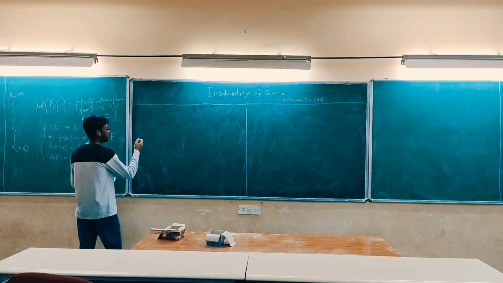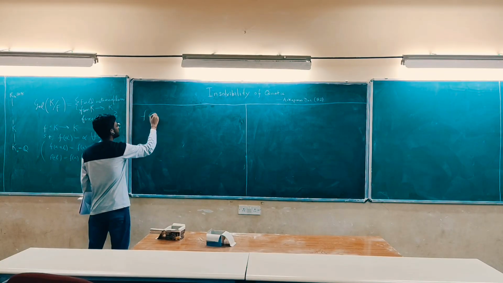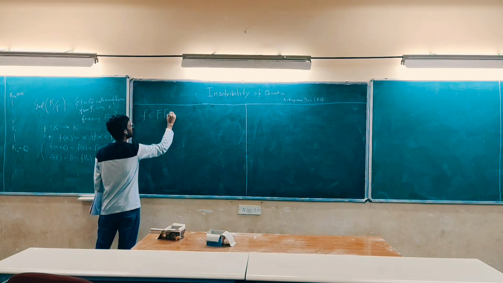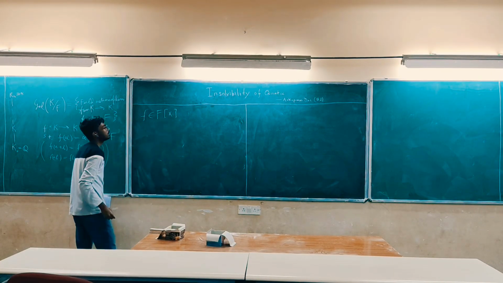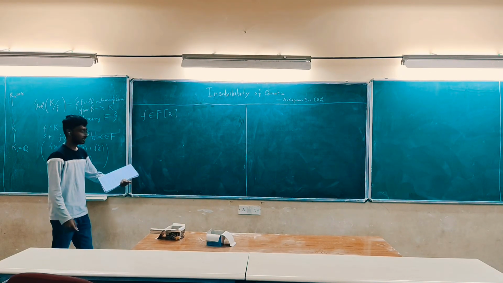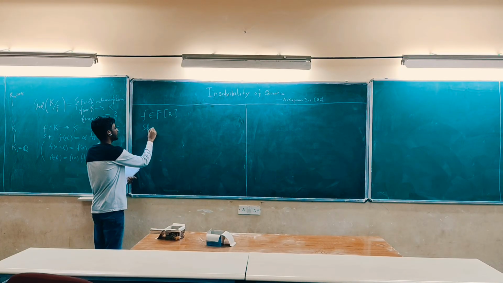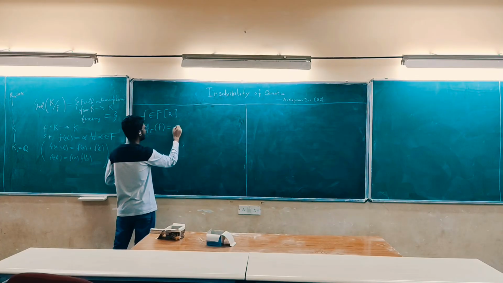Now, I will define the splitting field of a polynomial. Say f is an element of F[x]. This F[x] means the ring of polynomials over the field F, as in the coefficients are from the field here. Then the splitting field of f is just